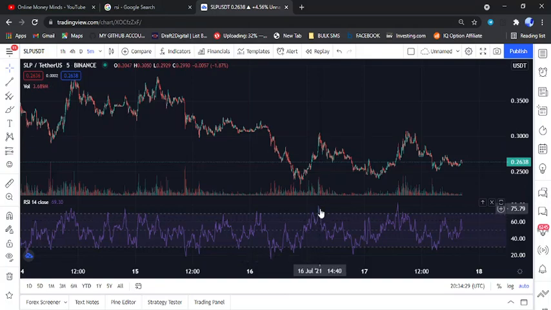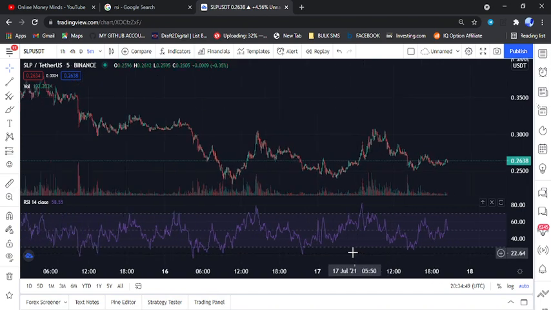Then by then you can know that, okay, this is the best time to exit a trade. Now, the best time to enter a trade using the RSI is below this place, below the 30. This is the 30 level. Now if the RSI drops down to this place and crosses the level,